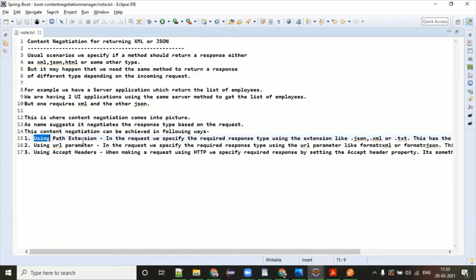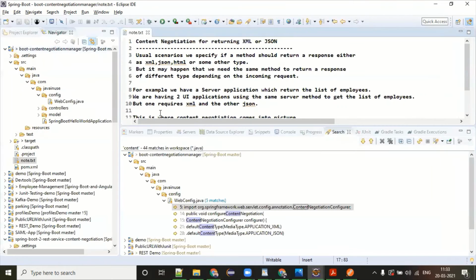First is path extension: while making a request, in the path itself, you can pass what kind of extension, what kind of data you want. Second is the URL parameter: if it is a GET call, you have a URL, and with that also you can do it, something like format equal to XML, format equal to JSON. And the third way is using Accept headers, which you have seen in Postman. So we will be noticing this part here.